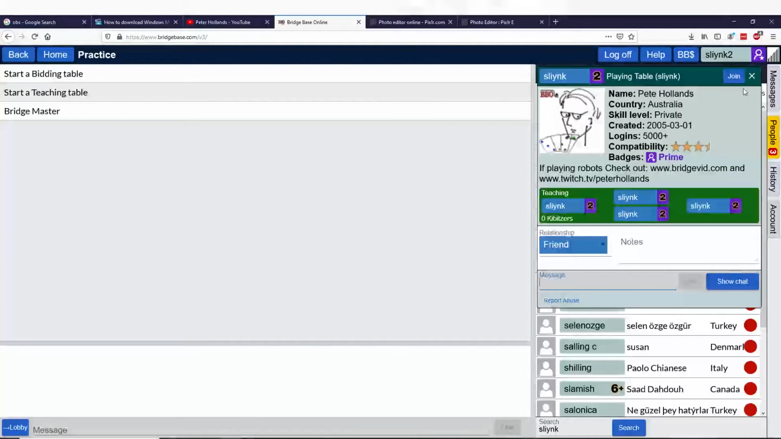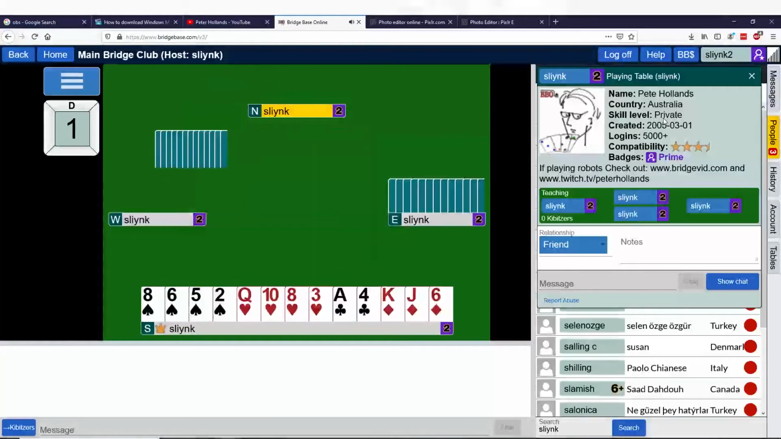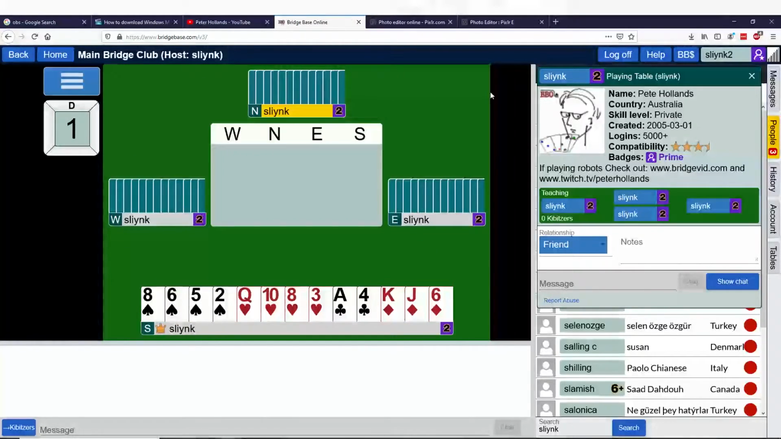And if I click on that, I can then join the table. And now I'm not actually playing, but I am watching the table. And notice now here I can only see the South cards. So in one browser I can only see the South cards, and this would be the browser that I am